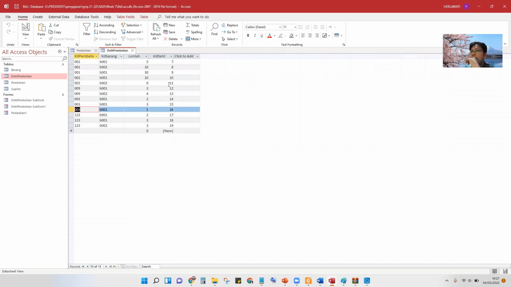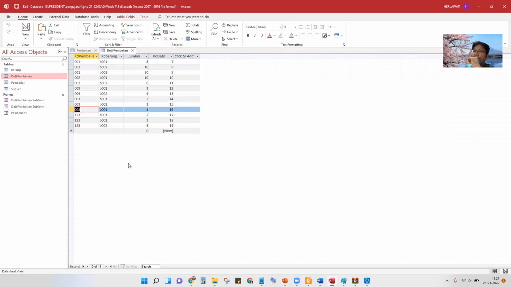So this is the method of how we insert multiple values inside the table, because we do not allow one field with a lot of items, so we have to separate this into three.